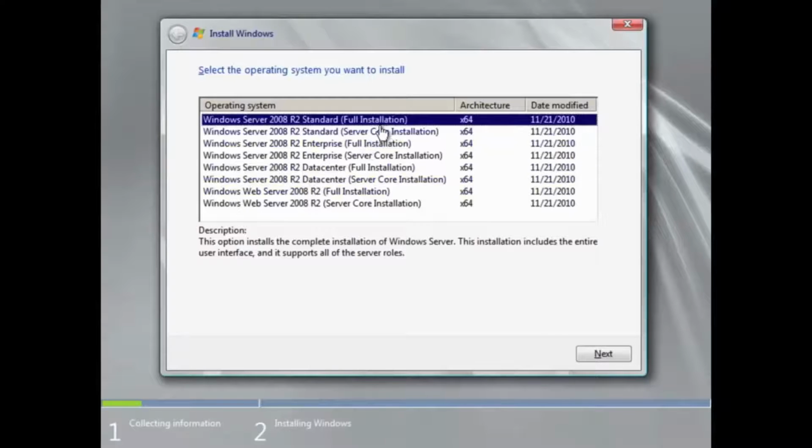The second thing I want to make note of is full installation versus Server Core. Essentially, Server Core is a far more stripped down version of Windows. It's very akin to running a non-graphics version of Linux. In my opinion, Microsoft really made a smart decision here and took a page out of Linux and Unix's book, saying, you know what, there are instances where we don't need a full-blown operating system. And there are many cases where a Server Core installation, which is essentially non-graphics and more stripped down, is more